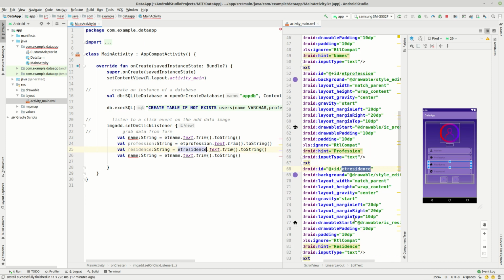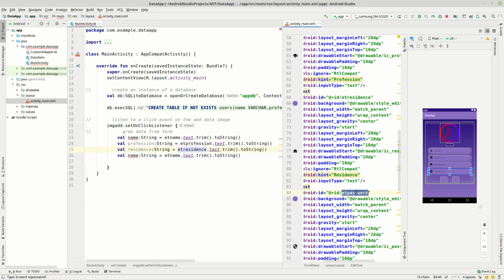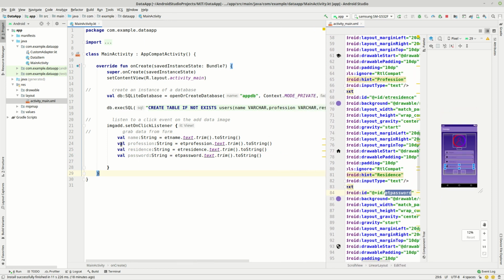Lastly, password, et password, like that. That's how you grab the data. If the user entered data, it is going to be stored in these respective